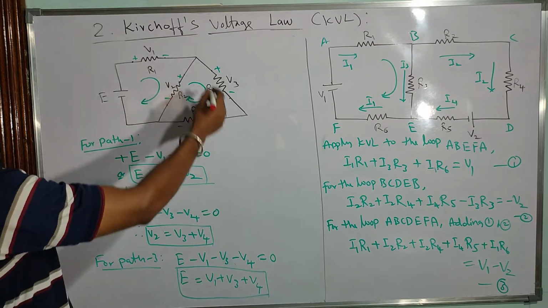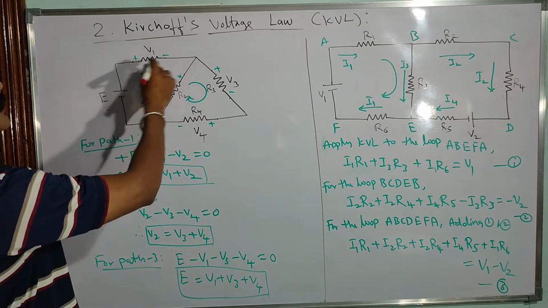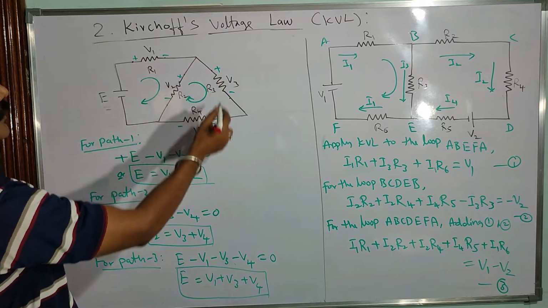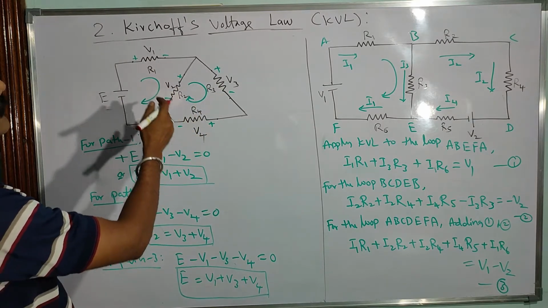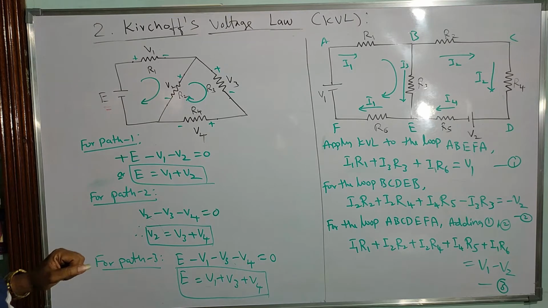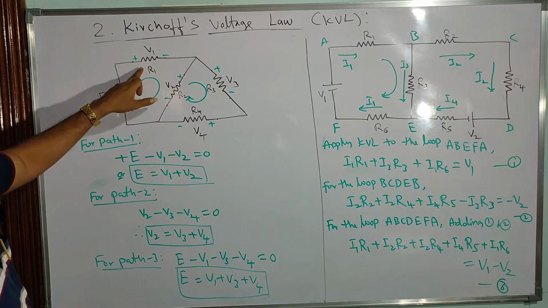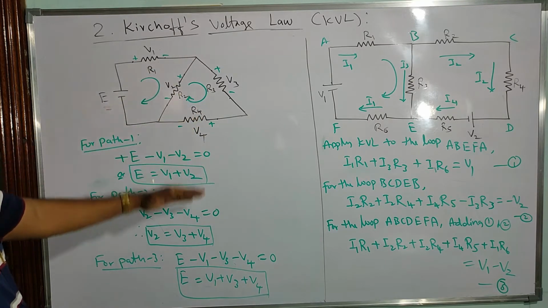This is one complicated network in which there is only one voltage source, that is E, connected through the resistors R1, R2, R3 and R4. So this is one particular design in which the combination of resistors may be in series or parallel. Now how can the voltage law be applied? First you consider the given network and then you identify and name the resistors as R1, R2, R3 and R4. With respect to that naming we can continue here.